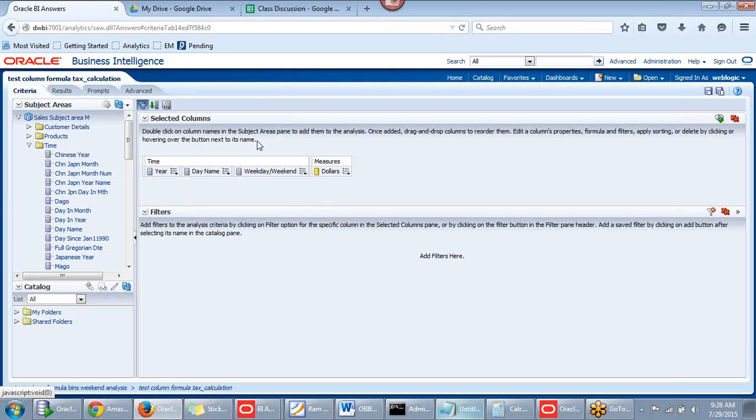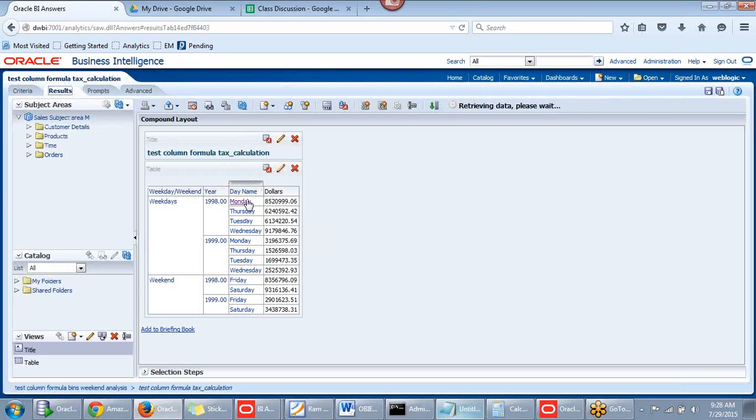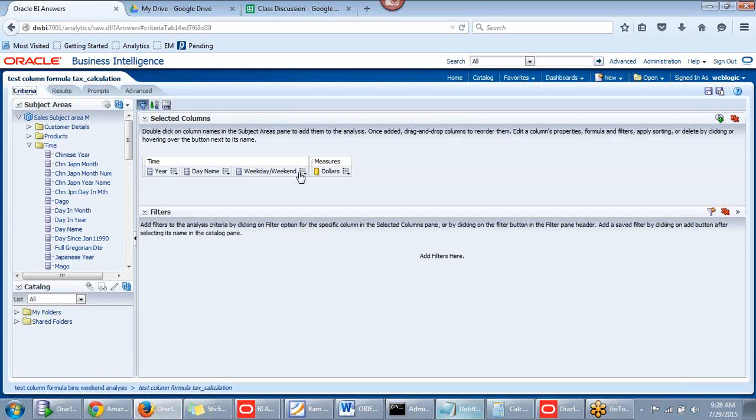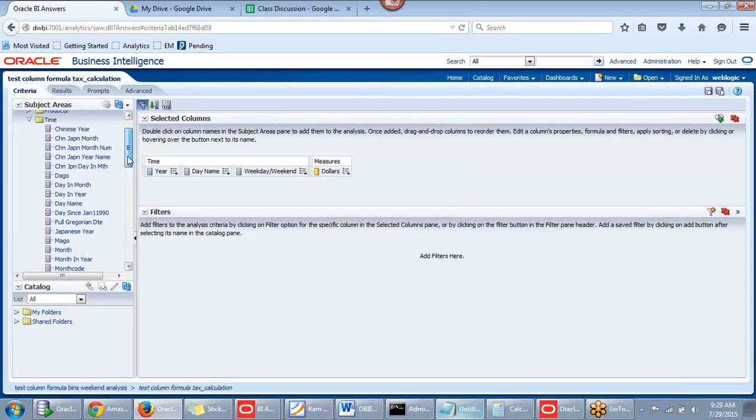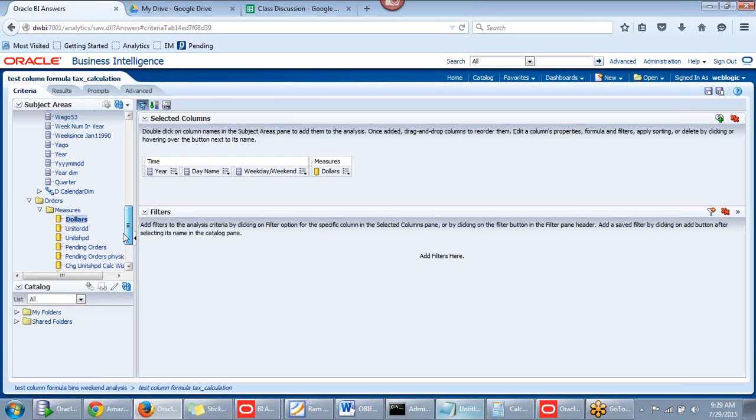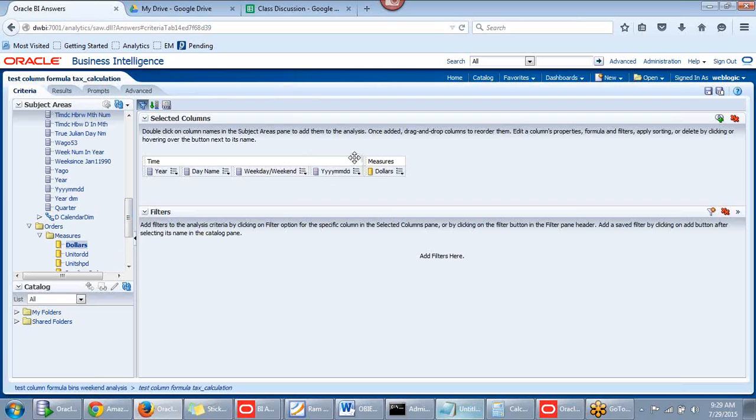But see here, the day names are not coming in proper order. In order to reorder these day names, you can do one thing. I can cover up this other option here, that is sort. In criteria, I'm going to add this key, and I'm going to sort